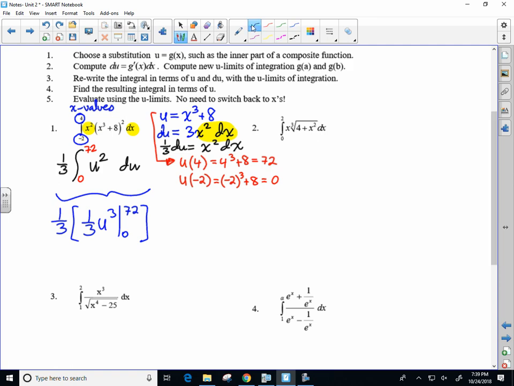So 1/3 times 1/3 72 cubed minus 1/3 0 cubed, which hopefully on your own you wouldn't write because you know you plug in a 0, it's going to 0. So this simplifies down to 1/9 times 72 cubed,